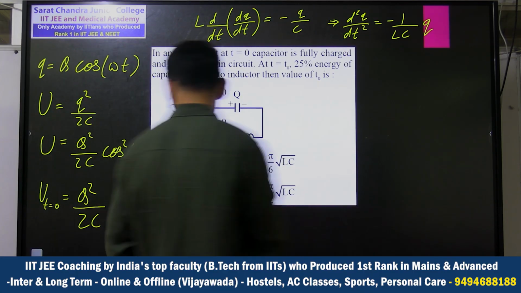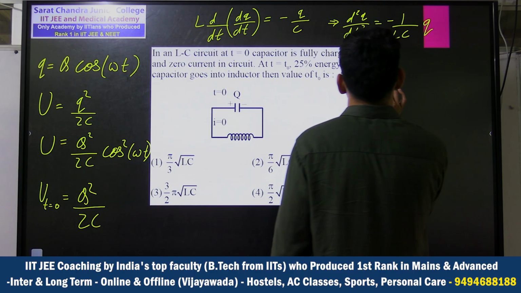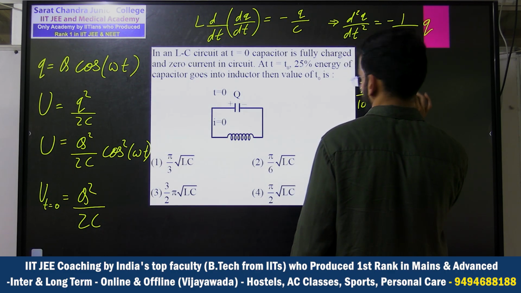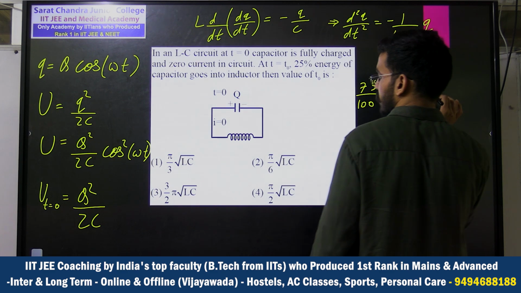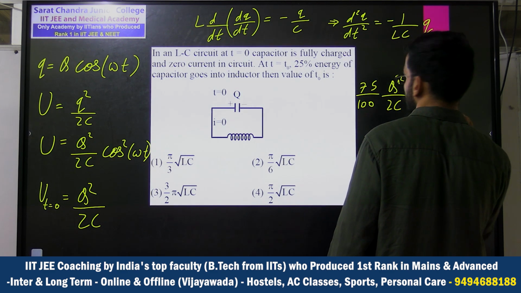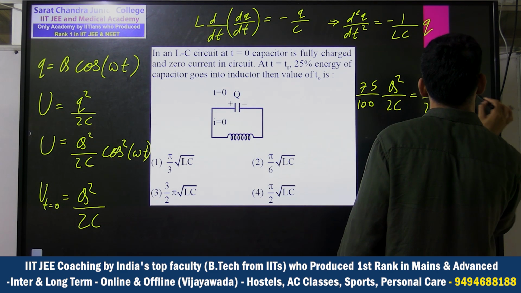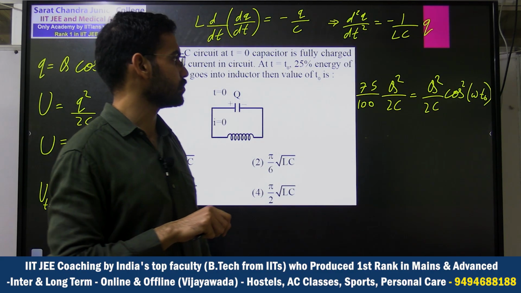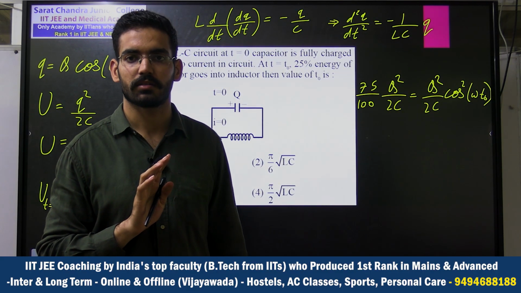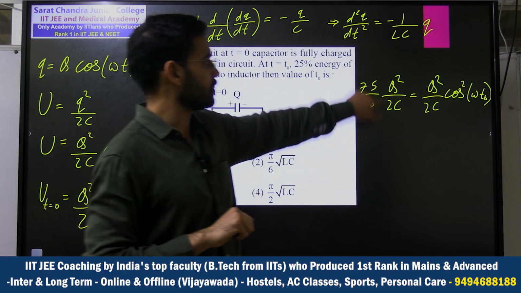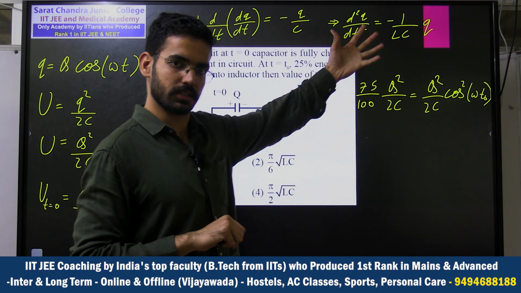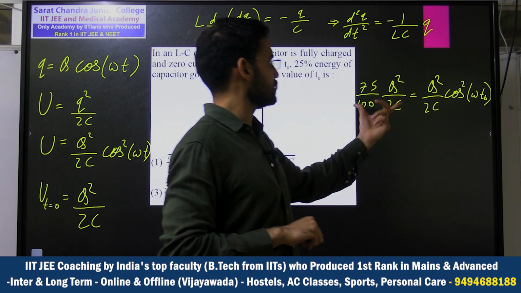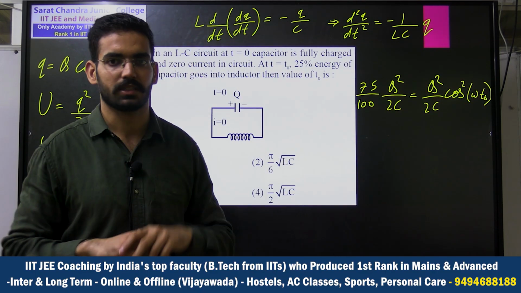So the way of saying is this: 75% of Q square by 2C is equivalent to Q square by 2C into cos square omega t naught, and the time is t naught. At that time only 75% is remaining of the total. 75% of the initial energy is remaining when time is t naught, because 25% went